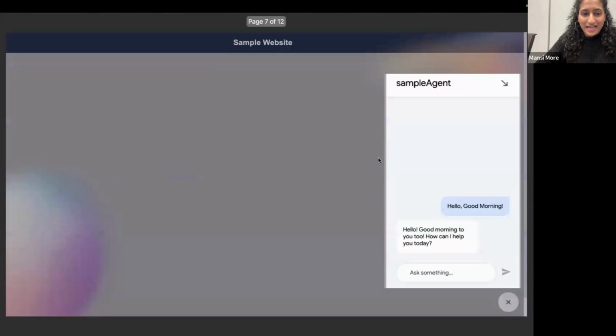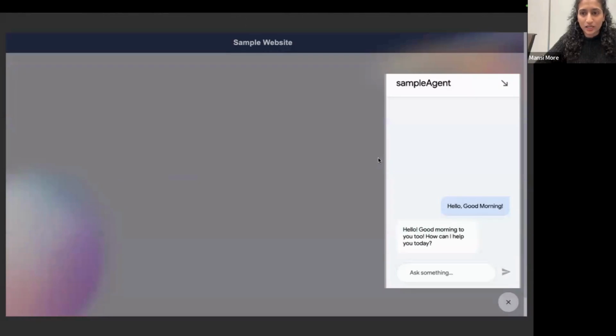These are the tools: Agent Builder and Dialogflow CX are the main tools which we will be using in our chatbot. Let's not talk about technical things. Let me explain these two tools very briefly. Agent Builder is a Vertex AI tool where we will build our chatbot, and Dialogflow CX is a platform where we will design our chatbot. It's nothing but the front end and back end of the Google Cloud platform.